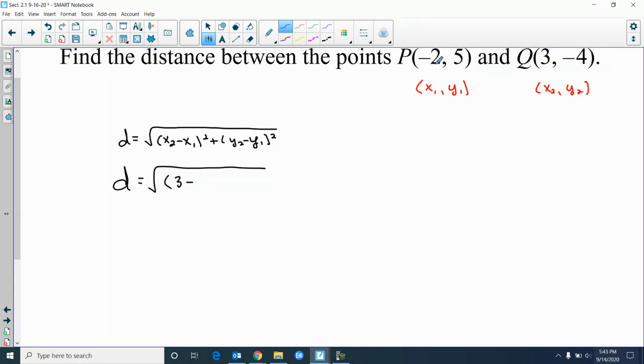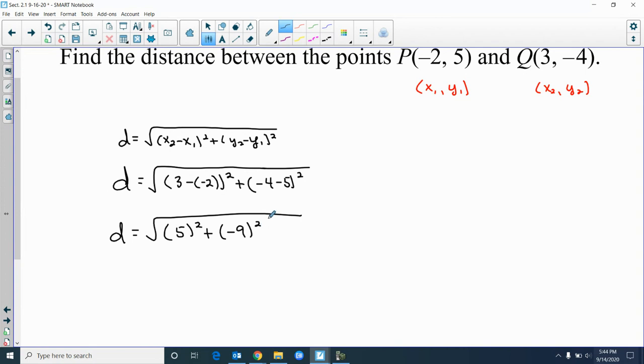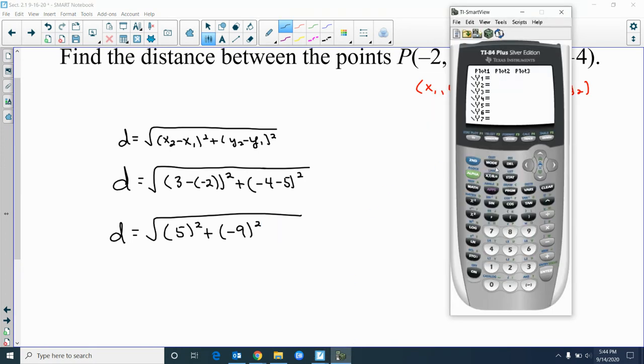You're always subtracting, so it's minus -2, squared, plus y2, which is -4, minus 5, quantity squared. And we get distance equals the square root of 3 minus -2, which is +5, squared, plus -4 minus 5, which is -9, squared. And that will be 25 plus 81. And so we get the square root